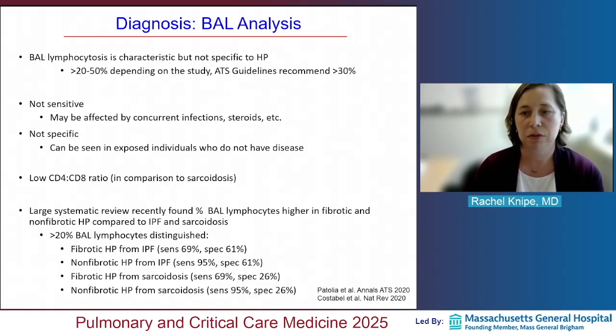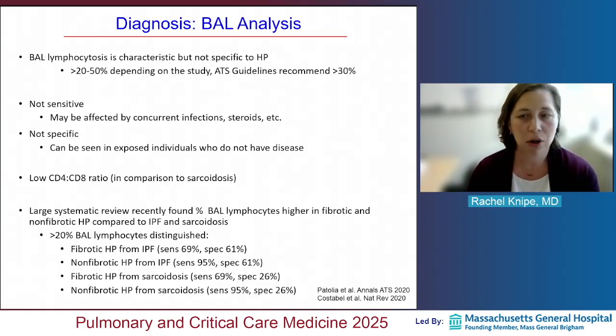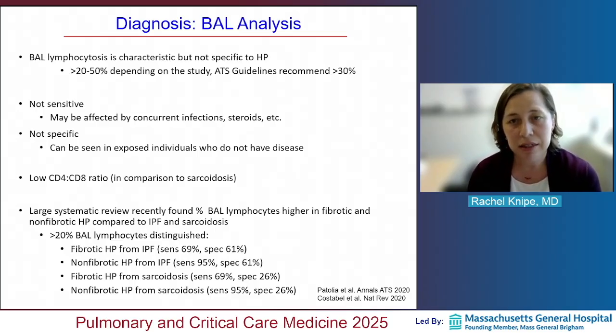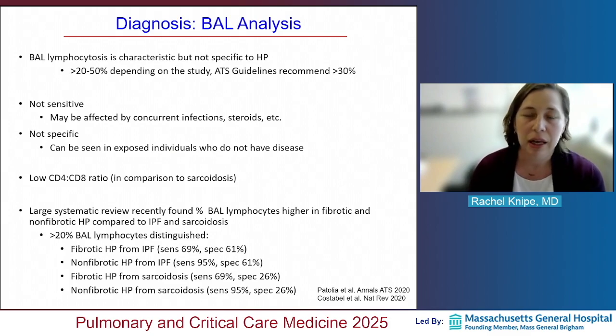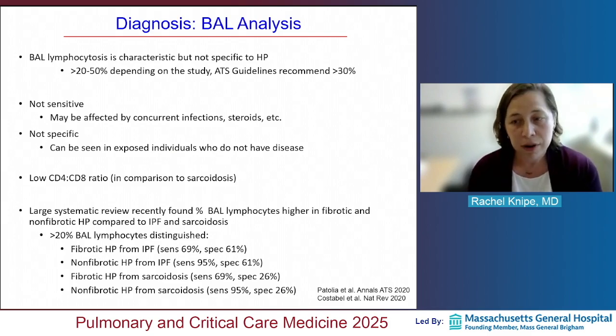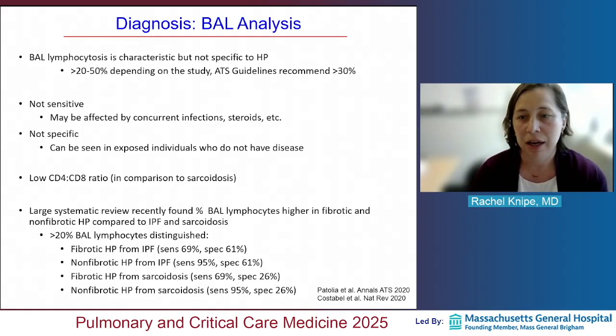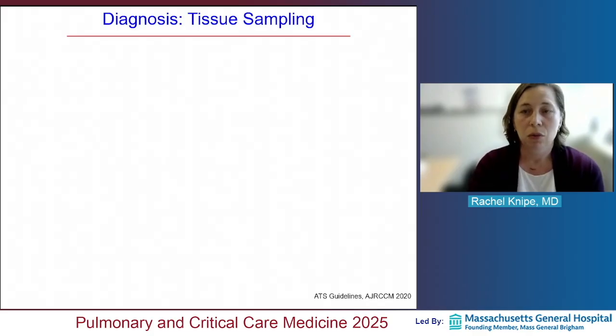A large systematic review was done a couple of years ago, which not surprisingly found the percent of BAL lymphocytes was higher in HP than in other ILDs, including IPF and sarcoid. And in the non-fibrotic HP, there was a higher sensitivity and specificity with that finding than in the fibrotic HP. So when the clinical